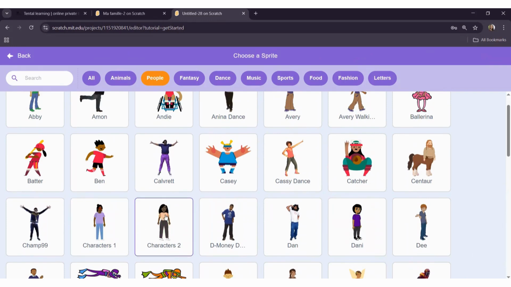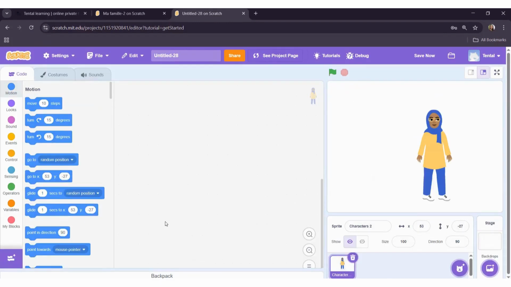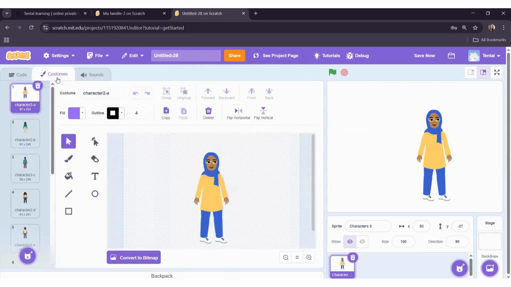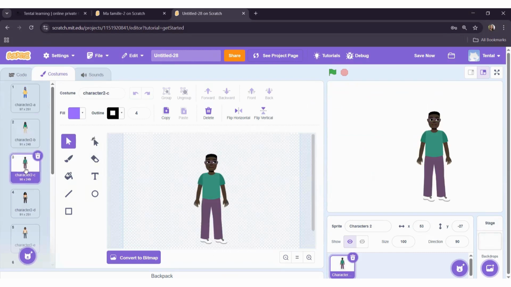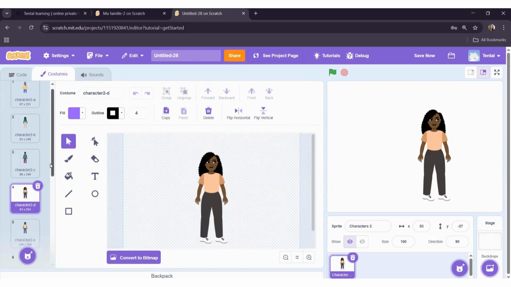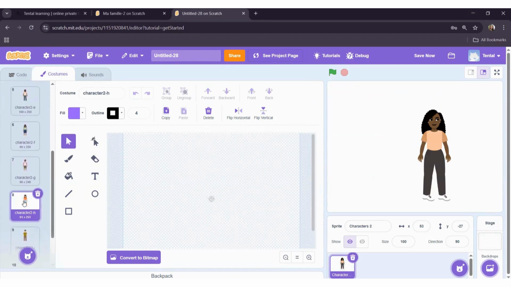So if you scroll over your characters, you will see some of them have different ones inside of them. Let's say you want to use this one, character number 2. Click it and it will get selected. And the next thing is we want to go to this tab, click costume, and you will see all the different characters that you can use. I will show you the exact same character that I've used. This is the girl,